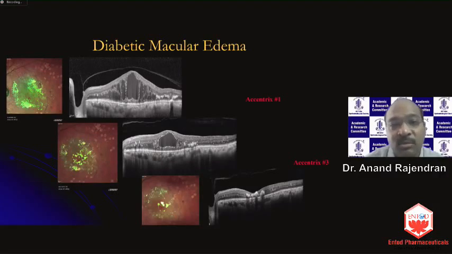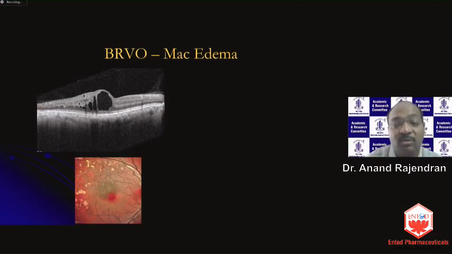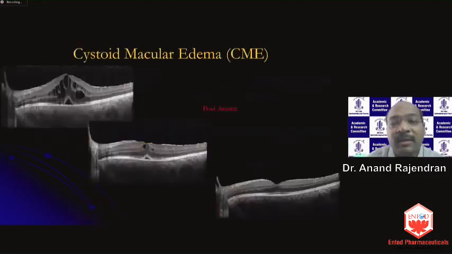A fairly similar picture would be with BRVO macular edema. But when you look at the OCT, the clue here is that very often you'll find it on one half of the OCT, as you see here. On the multicolor imaging, you can see the sclerosed vessels also. Of course, it responds very well to anti-VEGF therapy too. Cystoid macular edema is something which a lot of general ophthalmologists will encounter post-cataract surgery. You see again this kind of cystoid appearance, and in severe cases sometimes a little bit of subfoveal detachment. Again, that also responds well to treatment. So it's great to have these images aiding you alongside.